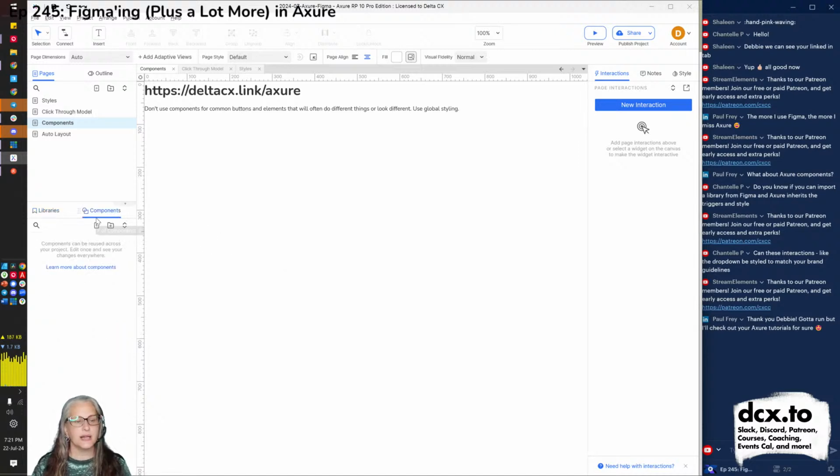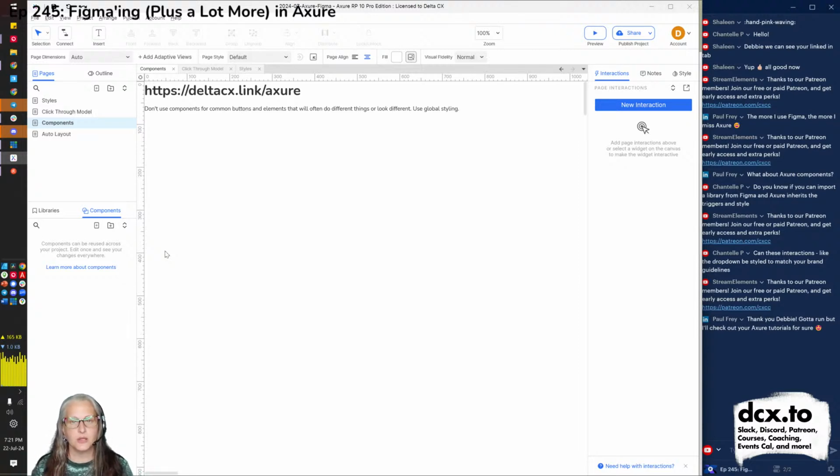So let's take a look at Axure components. Axure components are when you have something, either an individual element or a group of things, could be an entire interactive piece, could be the whole top header of your website.